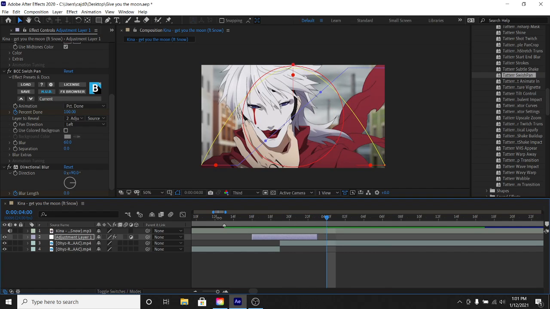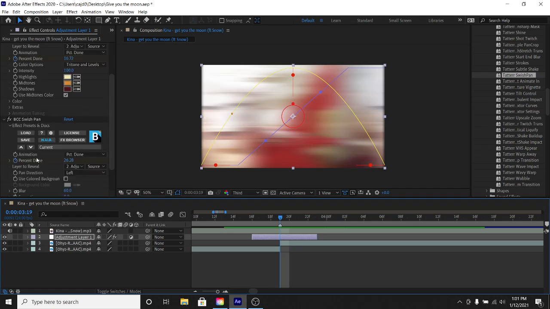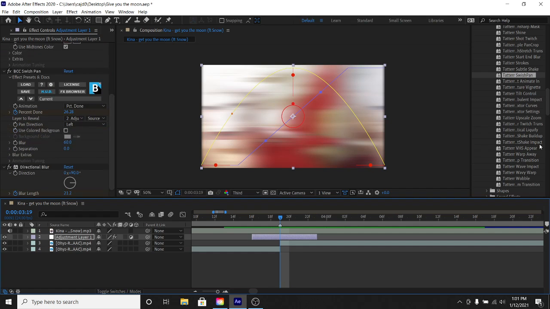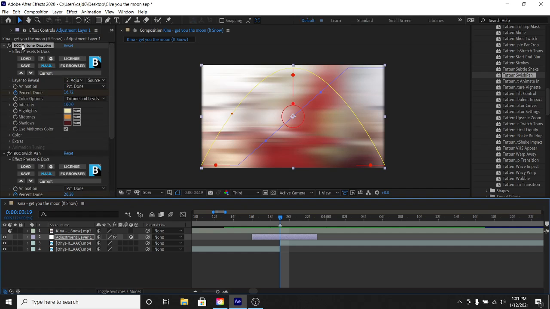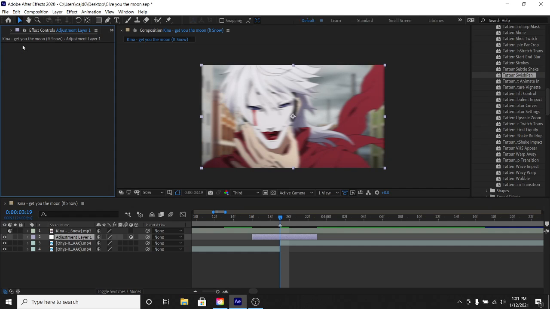So that's the basics of just looking at preset packs. Maybe their effects and the way they keyframe it will help you out when you're looking through your own effects and trying to create something new. So that's step number one: definitely look at preset packs, project files, and stuff like that, and just learn